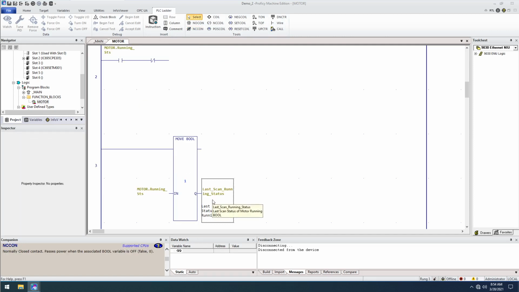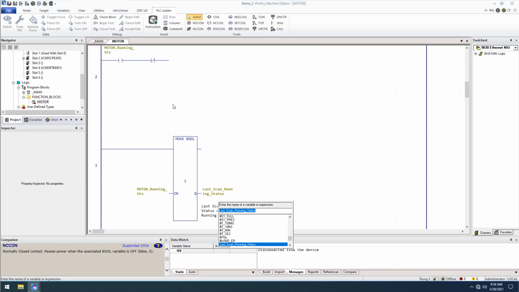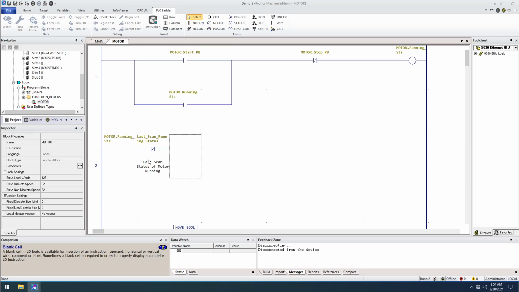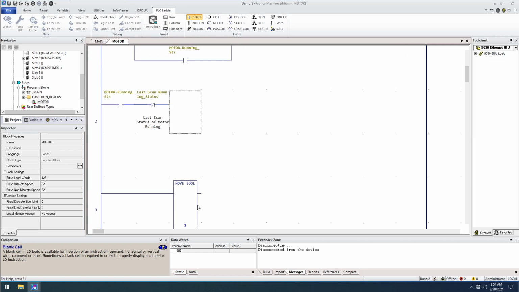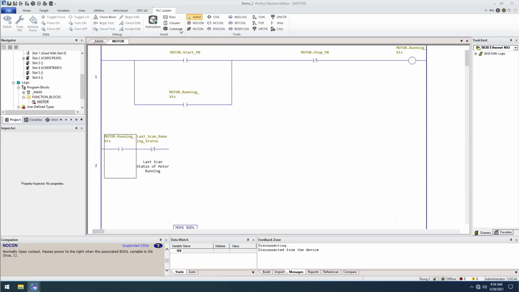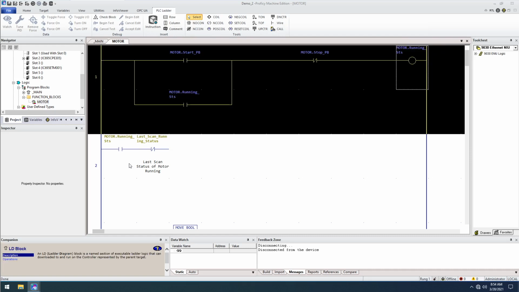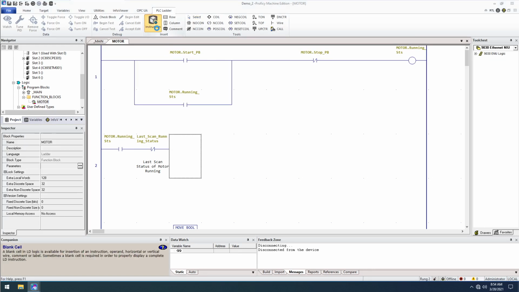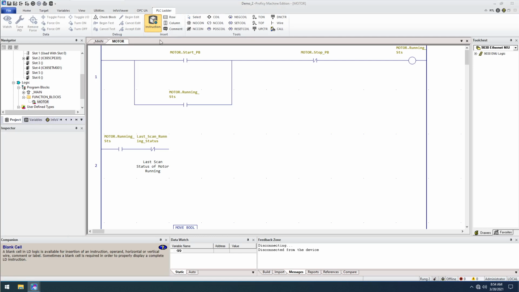So if the motor is now running, but the last time we finished scanning this function block, we saw that the motor was not running, meaning it was false. Therefore, at the last scan, if the motor was not running and now it is running because we've just executed some logic in rung 1, we're going to actually execute